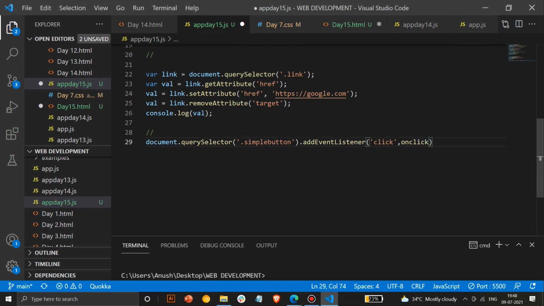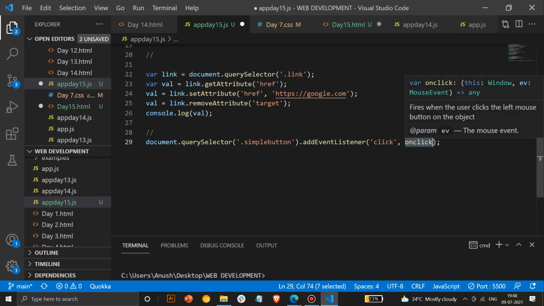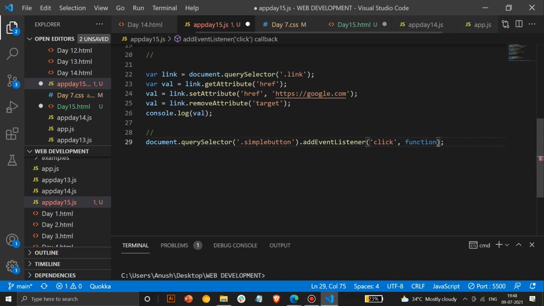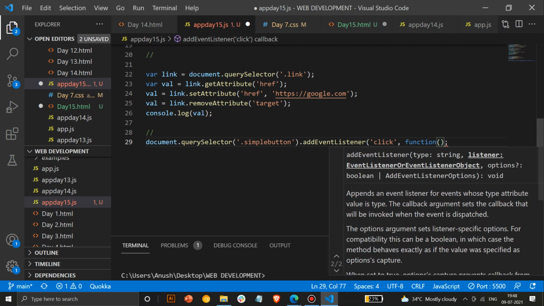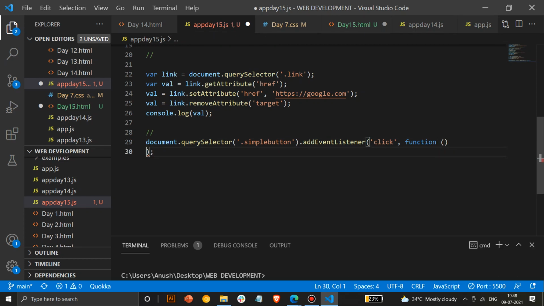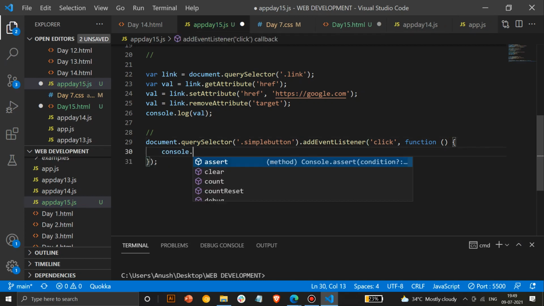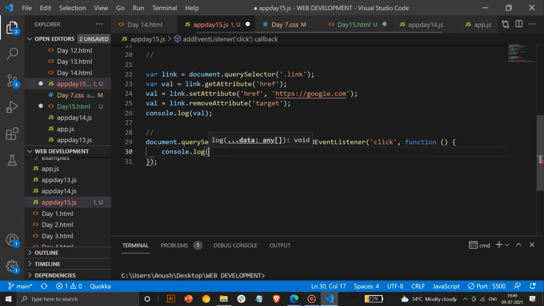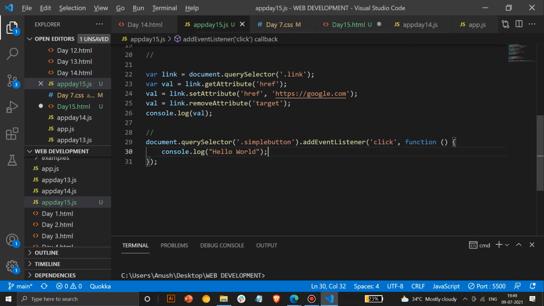Is it clear? This is just calling that specific event listener, and we will perform that particular action on it. Instead of on click, here we'll write a specific function, and I'll show you how to do that. On clicking this, I'll just display something with console.log, and we'll see if it's working first. Whenever you have to check if something is working or not, just type console.log with anything and you can check.